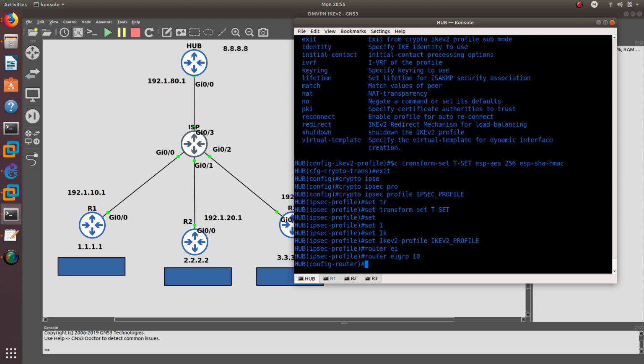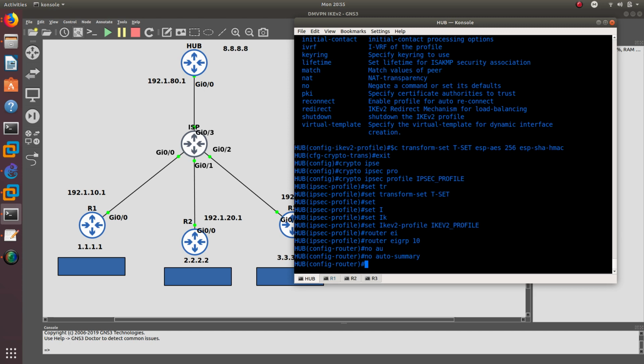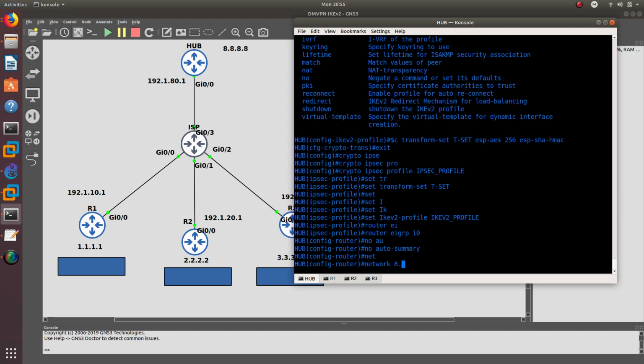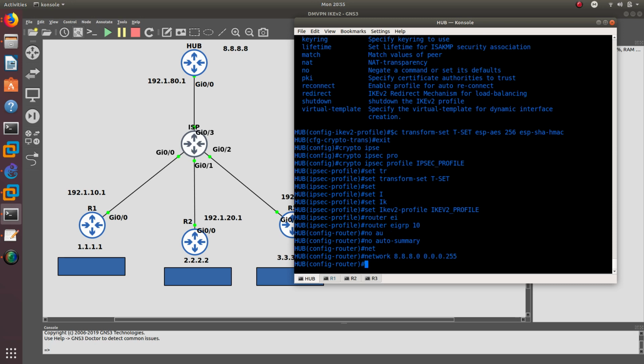EIGRP 10, no auto summary, and we need to add a couple networks. The first one is going to be the 8.8.8.0 because this one is going to be the tunnels, right? The tunnel for the hub is already borrowing an IP address from this loopback interface, 8.8.8, and then the rest of them are going to be in the same network, so I need to add this network. And then I need to add